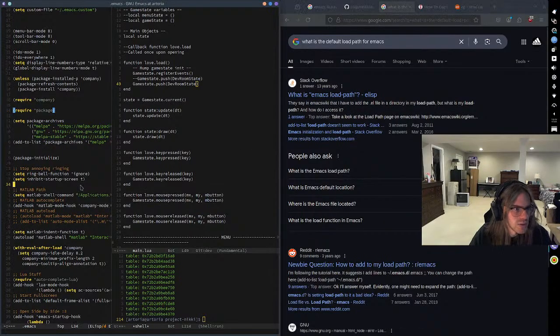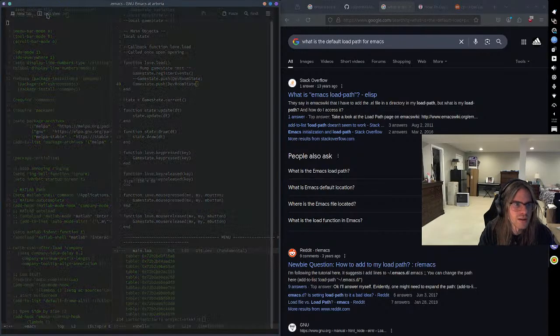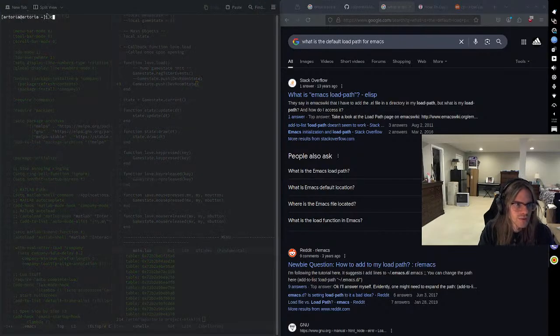Oh, okay, I can just do load-path. All right, let's do that up here. I think that's just load-path, and then we can do home .emacs.d. Where is that again? cd .emacs.d, cd autocomplete-lua,